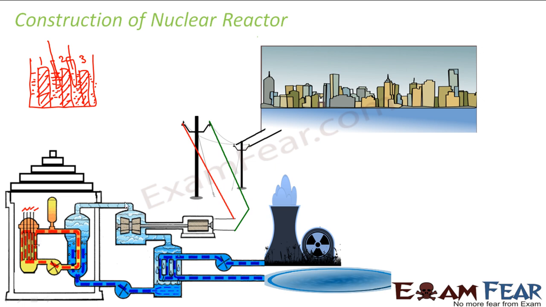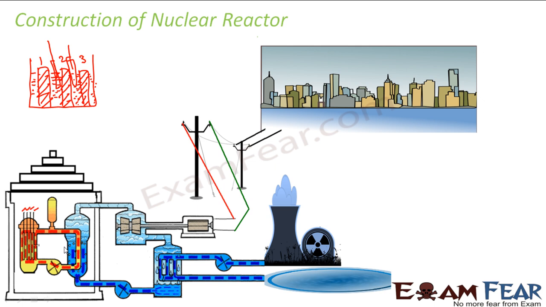Now in this way, a large amount of energy is getting released. Now how do you take this energy out from the nuclear reactor? Inside the core, so much energy is getting generated, but how do you withdraw this energy from the core? In order to withdraw the heat from the core, water at very high pressure is passed through it. So if you have a steam generator here, this is a steam generator. Water at very high pressure is made to pass through this core.